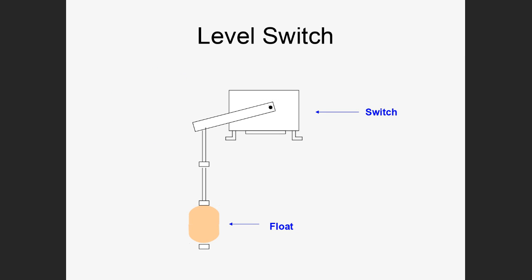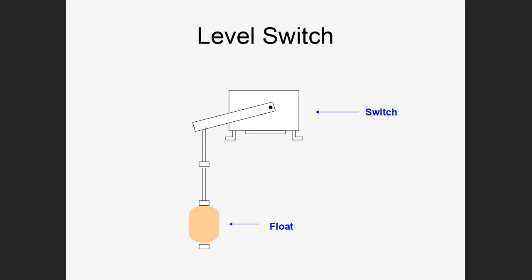Another thing we can measure is the level of something, the level of a liquid. So you might have a big tank with a liquid, and when the tank is full, you might want the pump to turn off. Well, how would you find the level? Here's one way you could do it. Again, this is something I might have seen in the book somewhere and tried to recreate in my PowerPoint. I have a float, and you have the actual switch, and the switch, of course, is mounted somewhere,